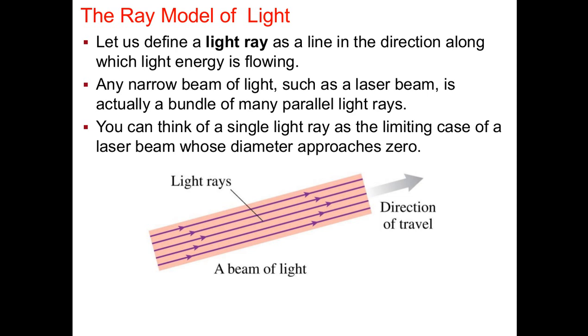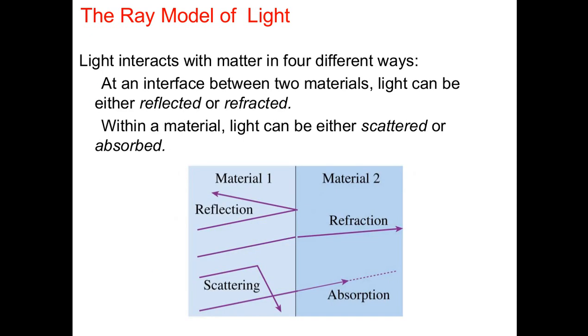So in these two chapters, we're going to model light as a ray. Light does this weird thing. It behaves like a wave sometimes, and it behaves like a particle sometimes. But as far as geometric optics are concerned, we can just model light as kind of like a vector, right? Just a straight line. So a bundle of light we can model as a ray that has a direction. And so that's why we deal with it in terms of geometry and trig, because it has very nice linear